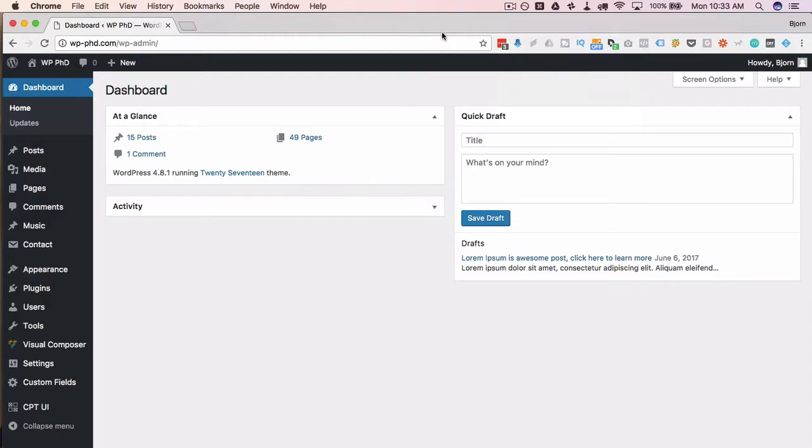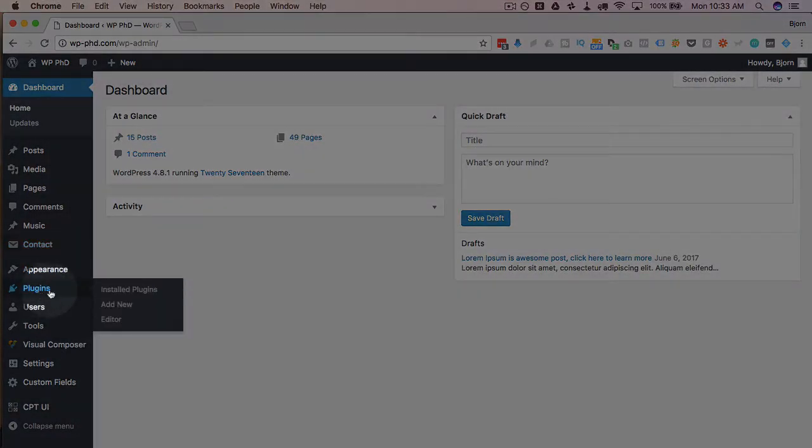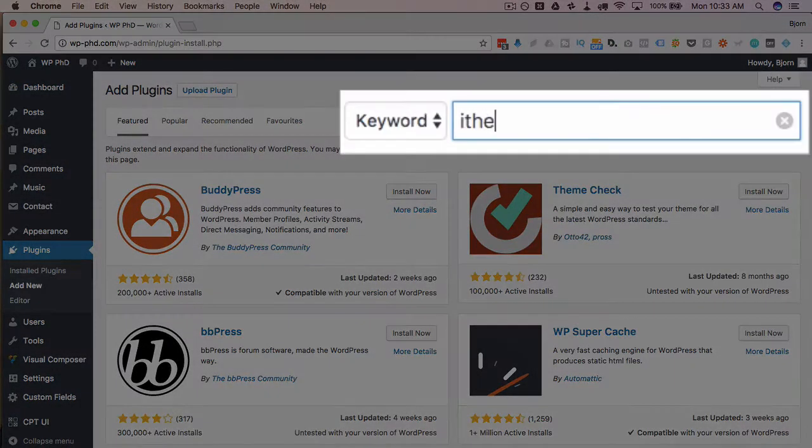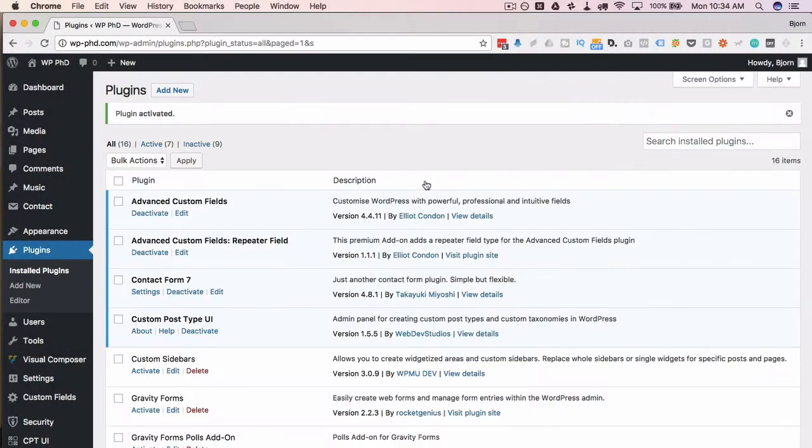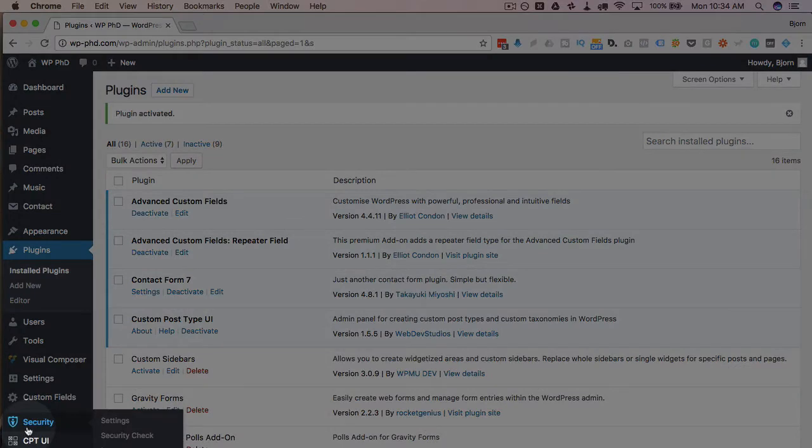We need to install iThemes Security. We're going to head over to Plugins, click on Add New, and type in iThemes. The only one is this first one up here: 800,000 installs, great reviews, compatible, recently updated. But like with any plugin, you should probably back up first, just in case, because you never know what will happen. I'm going to click on Install Now because this is my demo site. So if something happens, I'll make a good tutorial to fix it, but I'm not too concerned on the demo site. Activate once it's installed, and now we have a new menu option on the left-hand side called Security.